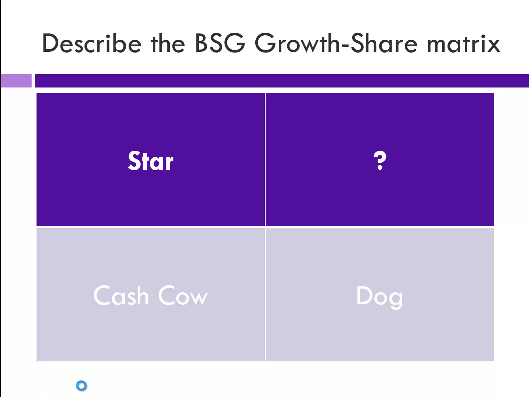One of the problems with this is this just looks at the products we currently have, and it doesn't necessarily look at products that we don't even have yet that we need to be thinking about. So there are some limitations, but it's a nice way to see our entire business portfolio on one chart and where everything falls in it. And again, it helps us allocate where we're going to devote our resources.